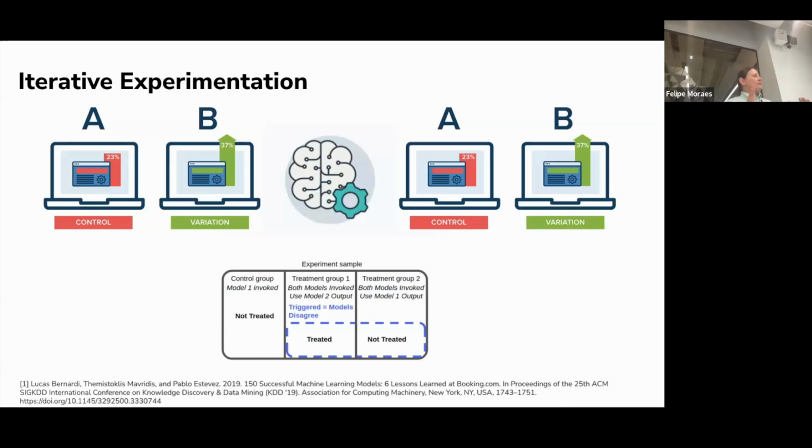The whole experiment design can be done differently. So for example, you can treat only users for which you get a different prediction. If you are getting the same prediction from both models, you can ignore them because you are measuring the effect of your new model.